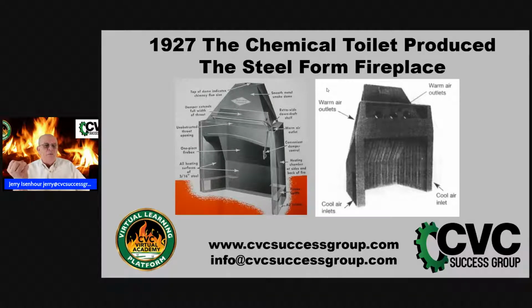There is also the Superior Heat Forms. Majestic made these kind of fireplaces. Vestal still makes these kind of fireplaces today. So when these fireplaces were installed, what we did, we eliminated the use of the fire brick in the firebox